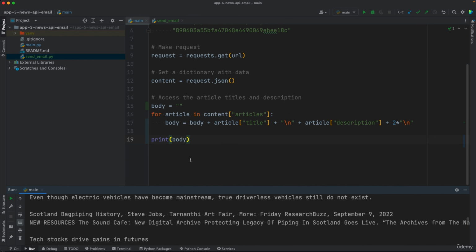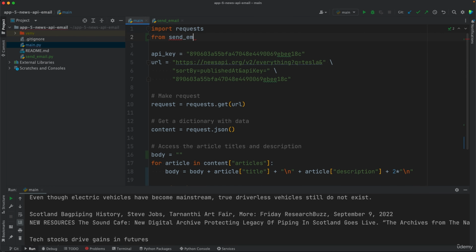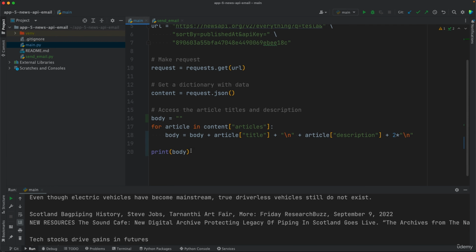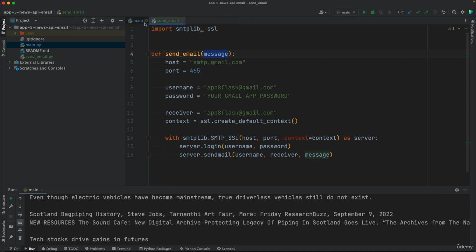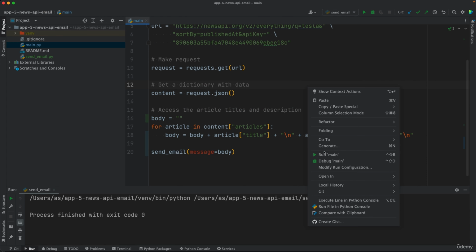So now we can import the function send_email. So from send_email, the script, import send_email, the function. And then in here you say send_email and provide the body as the message. You can do it like that, or you can say message is equal to body. So message is the argument of that function. And I'll put my password here as well. And then you don't want to execute this script, so you want to execute the main.py file, which calls the